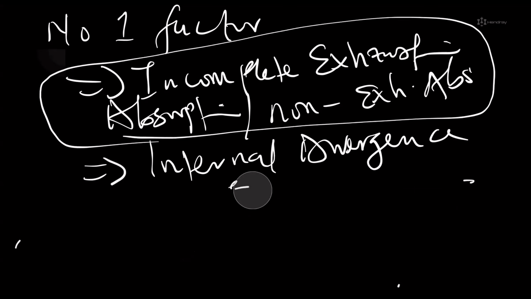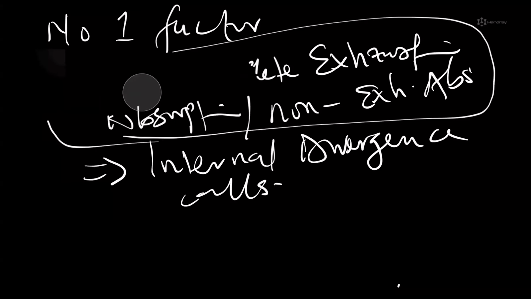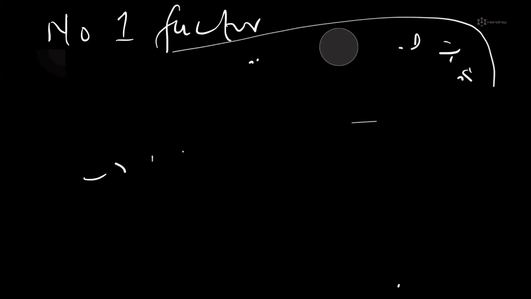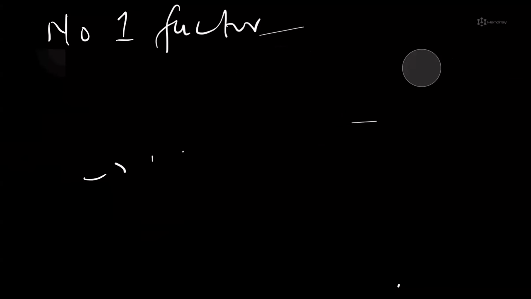So majorly, let's now go back to momentum absorption. Internal divergence curves. Incomplete exhaustion, or non-exhaustion at all, shows us that what? Price wants to continue a certain trend. And therefore, the next thing we check for is the internal divergence curves. Once we have these two factors, then momentum absorption can be anticipated.